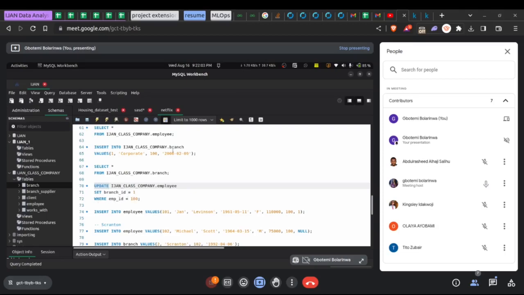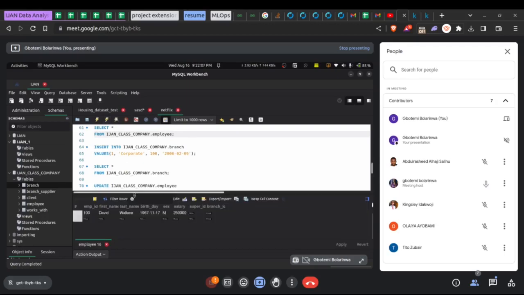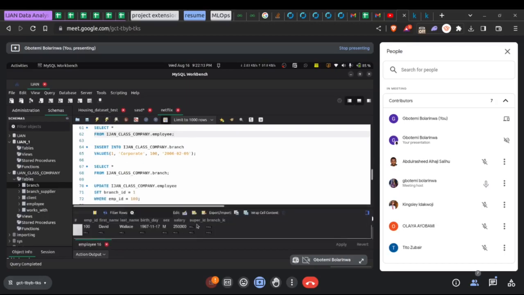Now let's go back to employee. If I call this, now you can see the employee data, you have hundreds, you have all of this, right? Now super ID and branch ID is empty. This we want to update now, so we want to update the branch ID, so we are saying update